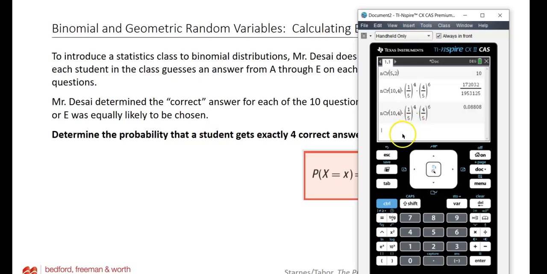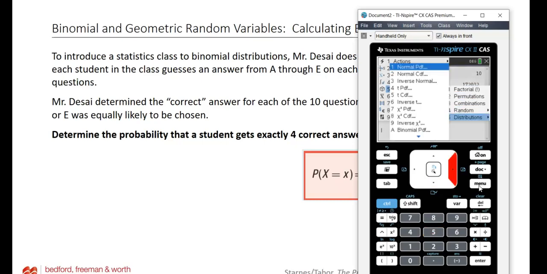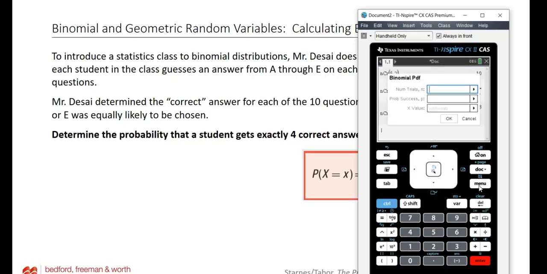So what you do is you go to menu, probability, distributions maybe? I see it down there at the bottom for binomial PDF. When you want exactly 4 out of 10, so there's one value, doing the binomial theorem once, you go PDF. So you go PDF, you go N, oh, this is great. So N is 10,